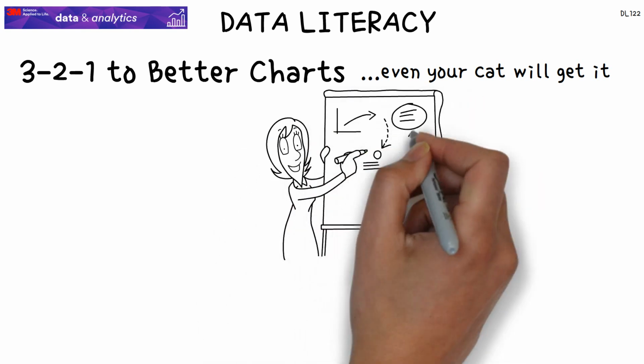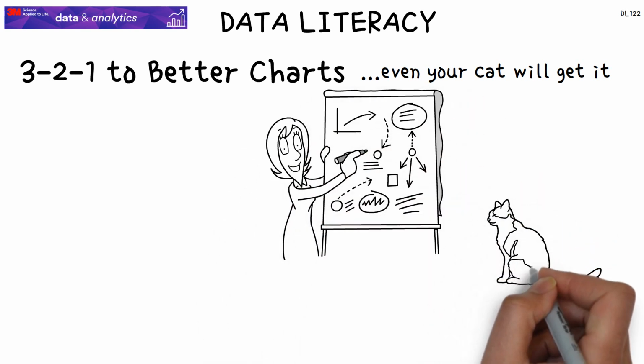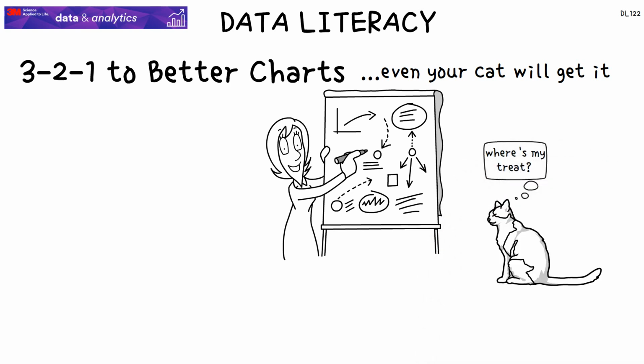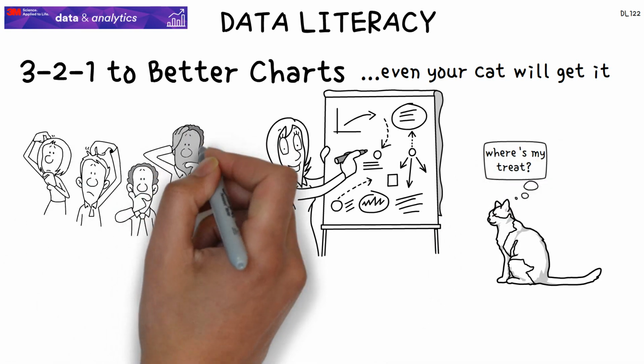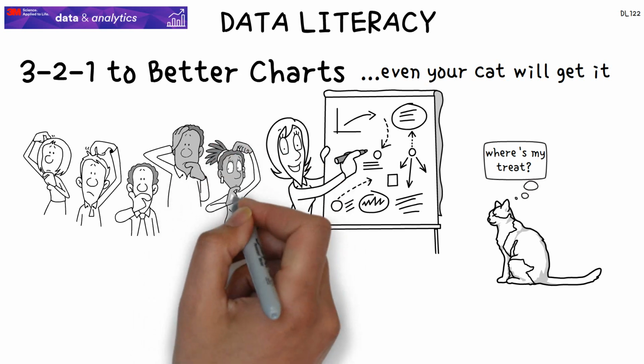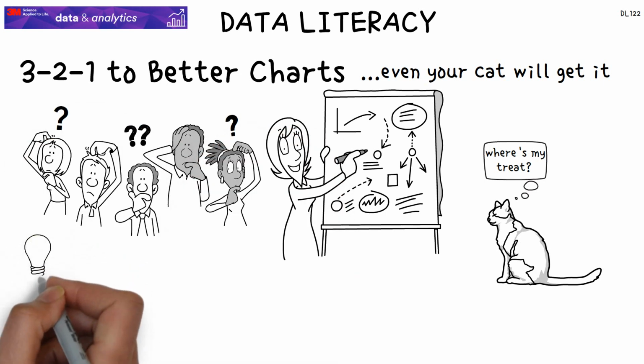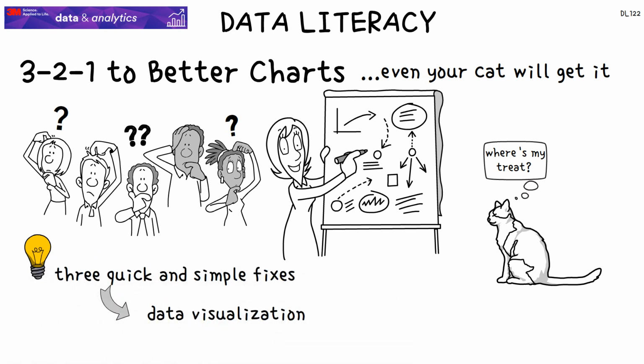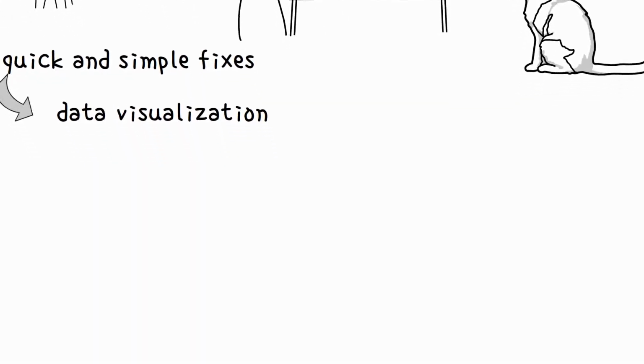If you were trying to explain a concept to your cat, you'd need to tailor your message to your audience and keep the content very simple. So then, why is it that we, as smart humans, often forget this rule as we try to explain data and business concepts to other humans? Let's look at 3 quick and simple fixes that you can use today to help you tailor your data visualization